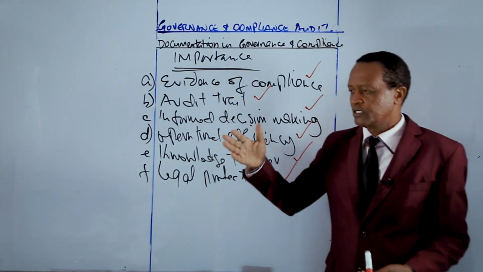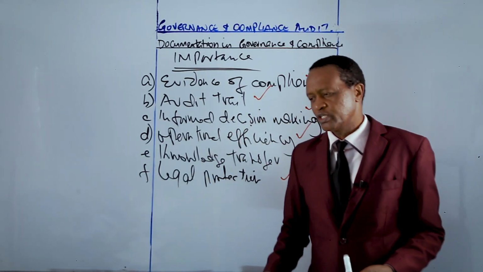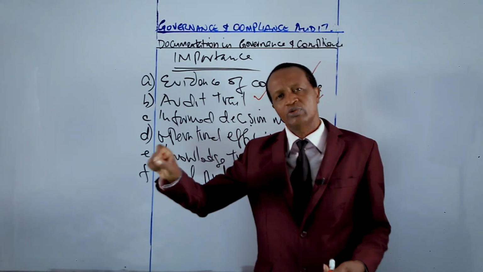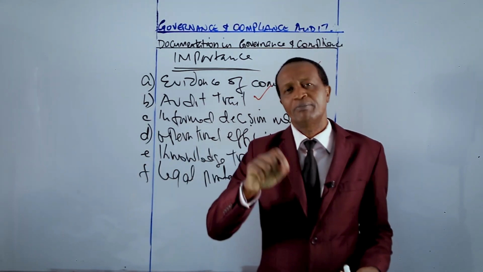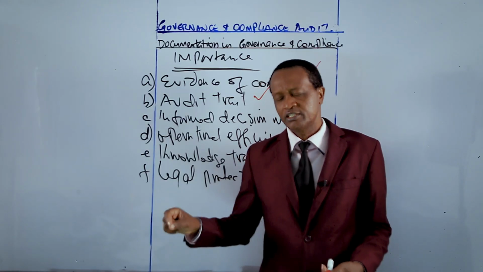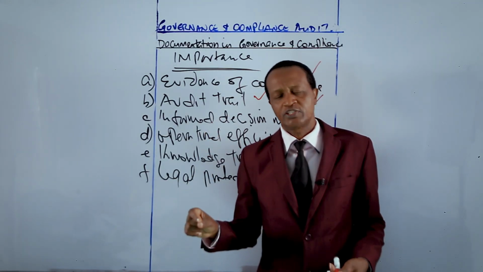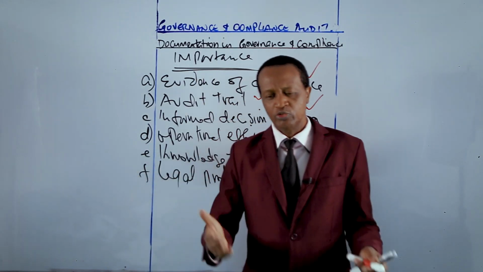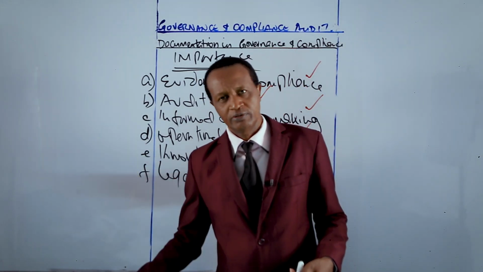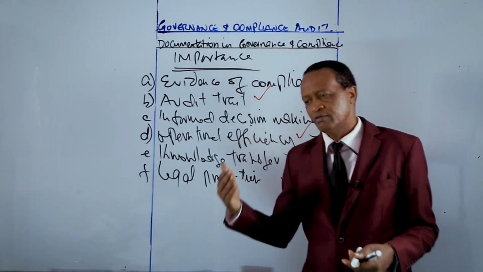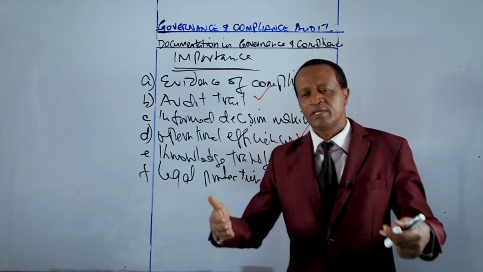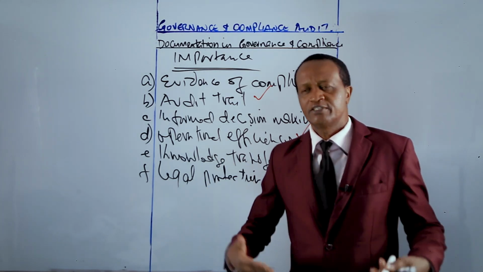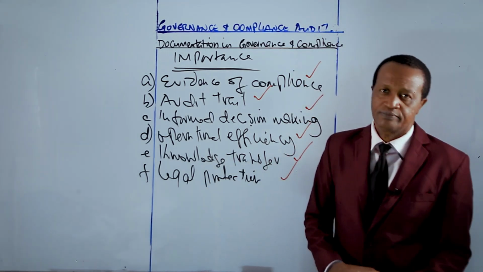And we did define the audit working papers. We know that there are 2 categories of audit working papers. We have the current audit file, then there is also the permanent audit file. We did indicate that the permanent audit file refers to the records that are of continuing nature. They continue beyond the current audit period. But we have the current audit file, which only relates to the work that is performed in the current financial year.